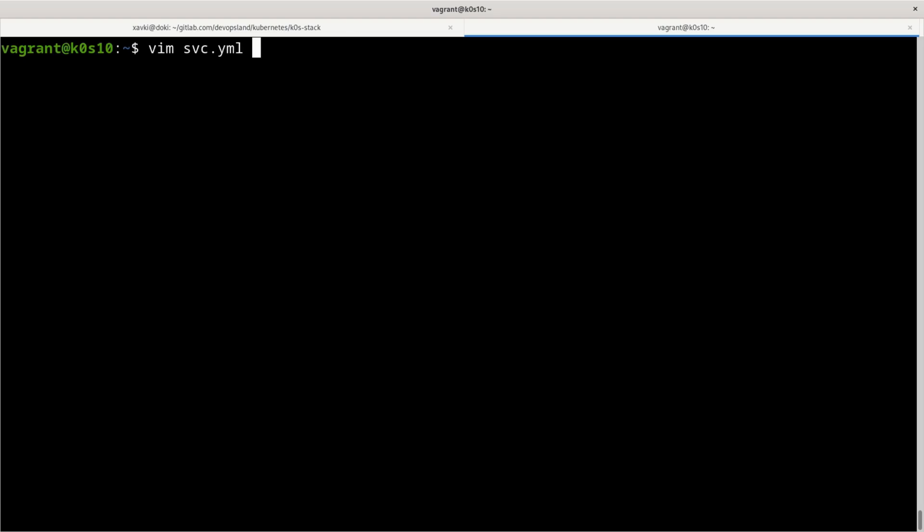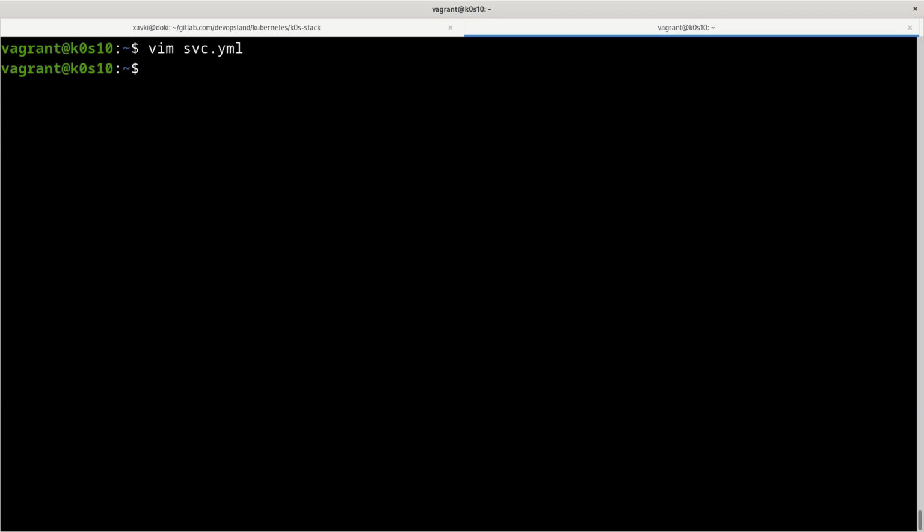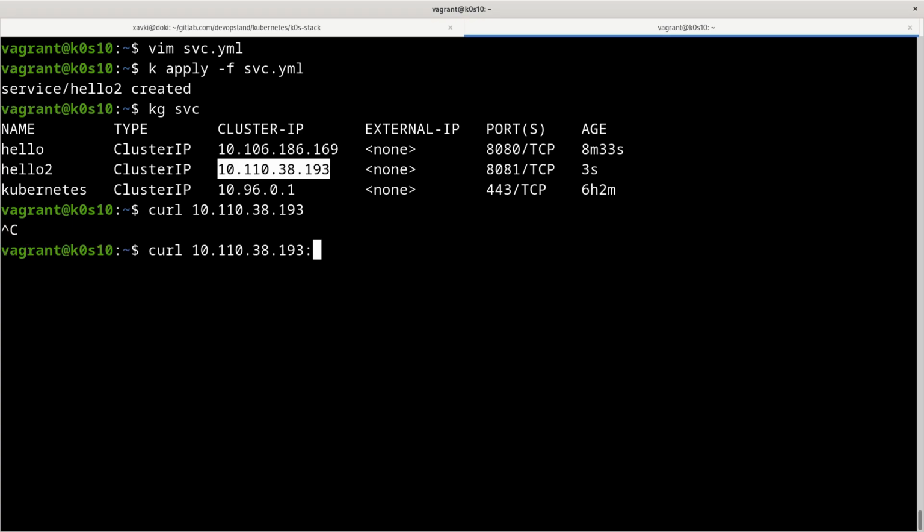So we can edit again here our svc, and if we want to bind this service with our hello deployment, we just need to remove the 2 character here and set it to hello, and we can remove the last line like here, and we can push it again. So kubectl apply -f svc, and we can check this service with kubectl get service, and we can just curl this new service here, and of course with the port 8080.